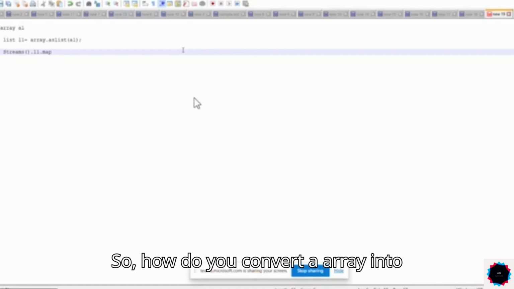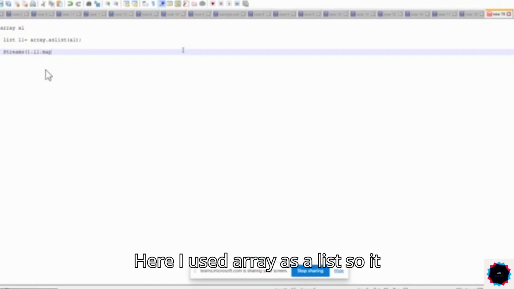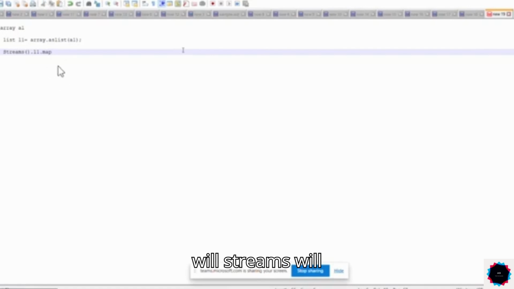So how do you convert an array into a stream? How are you doing that? Here I used the array as a list, so streams will work on the list, and map dot get put will add it to just put into the